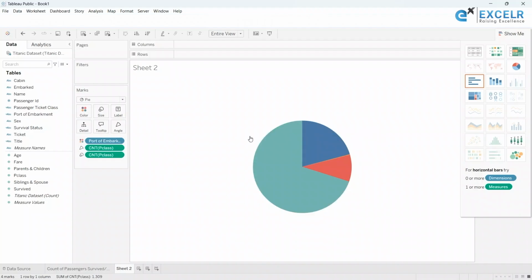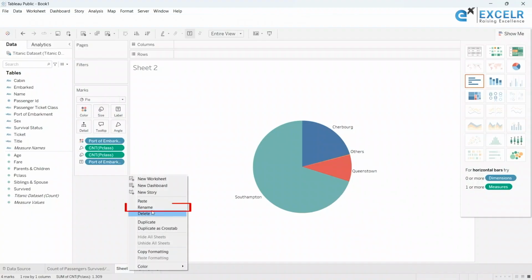So now in order to add the labels, I will go ahead and add the port of embarkment on the label card. So we can clearly see others, Cherbourg, Queenstown and Southampton. So there are two of them from others, and let us try to figure out which ones are they. So for that I will go ahead and create a text table. So this is the pie chart for